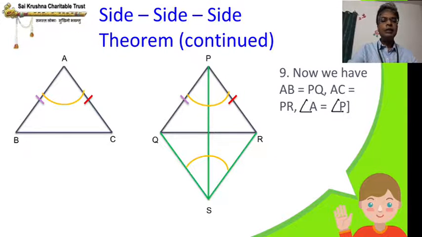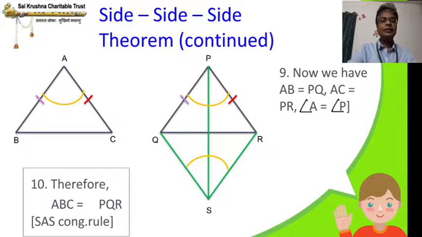Now AB equal to PQ. AB is not equal to PR, need not be equal to PR. Similarly, AC equal to PR. That's why purple color I have put on the left side, red color I put on the right side, and angle also similarly, each angle can be different dimensions, but only angle A equal to angle P. So next step, absolutely right, all of you would have correctly got it. It is triangle ABC equal to triangle PQR because of SAS congruence rule.